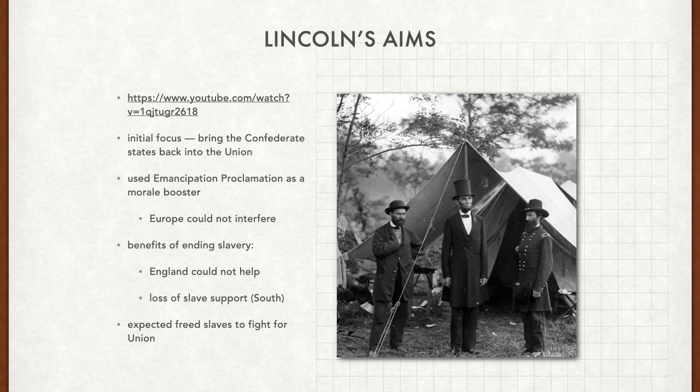So basically, Lincoln eventually had to realize that a lot of soldiers aren't going to put their life on the line just because you want to bring the southern states back in. They don't get that it's necessary. So he's like, I need to figure out something that's going to get people on my side and make them want to fight. So in 1862, he signed the Emancipation Proclamation, which took effect in 1863 and freed the slaves